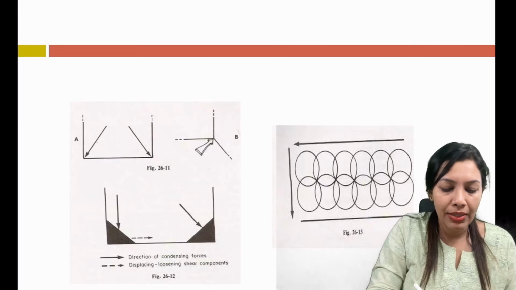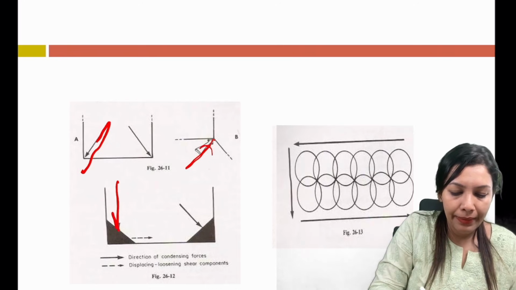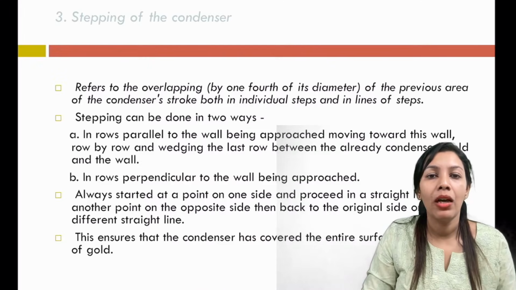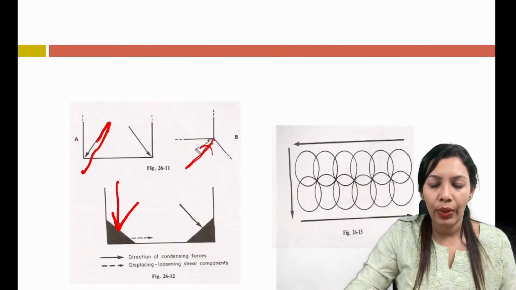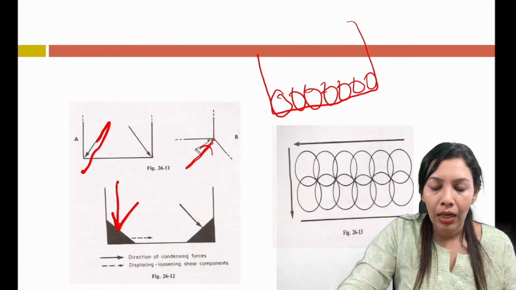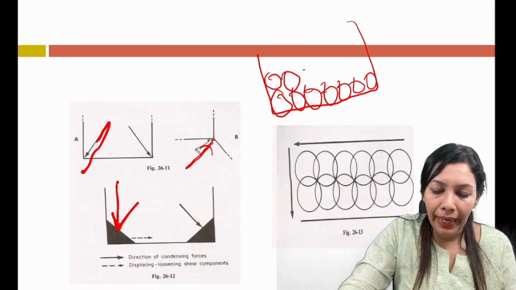You can see in this image 45 degree and after that 90 degree, right? Now there is an important thing called stepping. What is stepping? This is the image showing stepping. Once we apply one layer of gold at the base of the cavity, and just think that the next layer is placed,